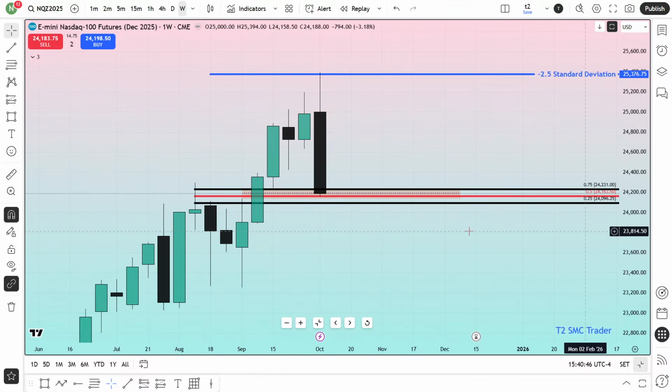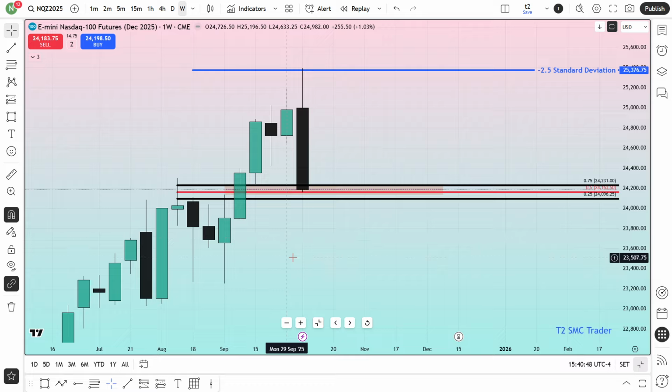So this information is important to you later, when you see this type of fall and you are expecting how far it can fall, you have to look for some kind of imbalances. If you see this type of prominent week, you will mark that week and you will mark those quadrant levels. If you see the quadrant levels are aligned with any kind of imbalances, then you will give the priority to